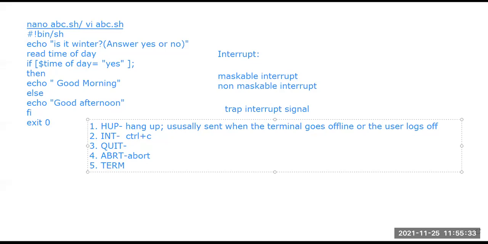And we can also use them inside our shell program. We can create a particular file to execute those processes.